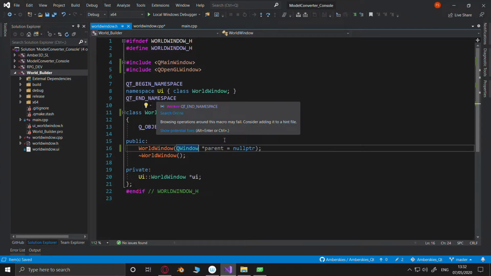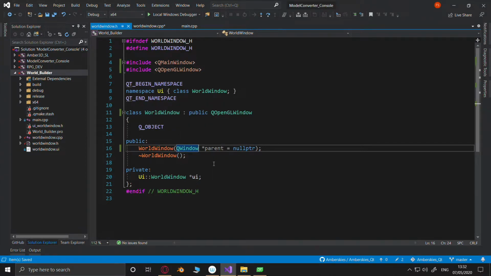This is why I wanted to test it out, to see whether it could actually be done. It's looking like it can't, because it's looking for a Q main window.